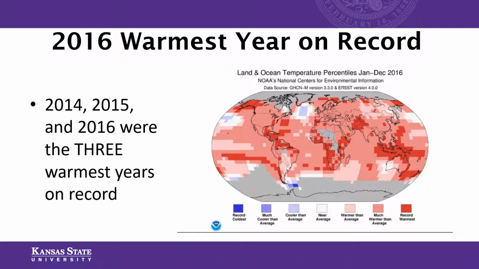Not only was 2016 the warmest year on record, but 8 of the 12 months in 2016, January through September, with the exception of June, were the warmest on record for those respective months. October, November, and December of 2016 were the second warmest of those months on record. In all three cases, only 2015 was warmer. So October, November, December of 2016 were not as warm as 2015, but 2015 set the record.